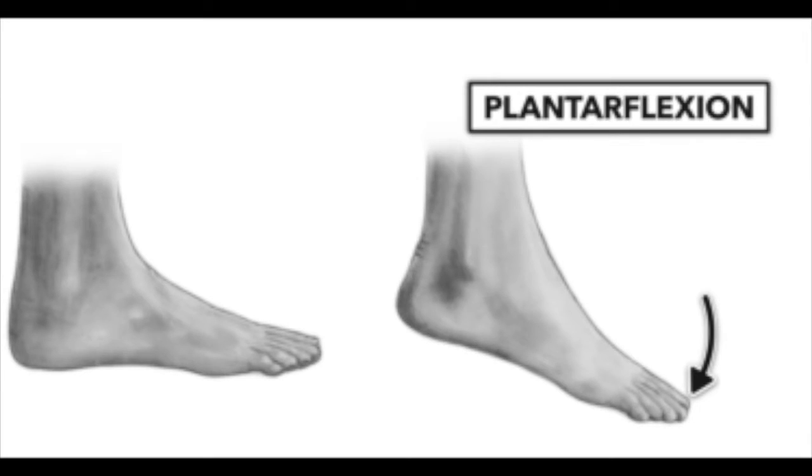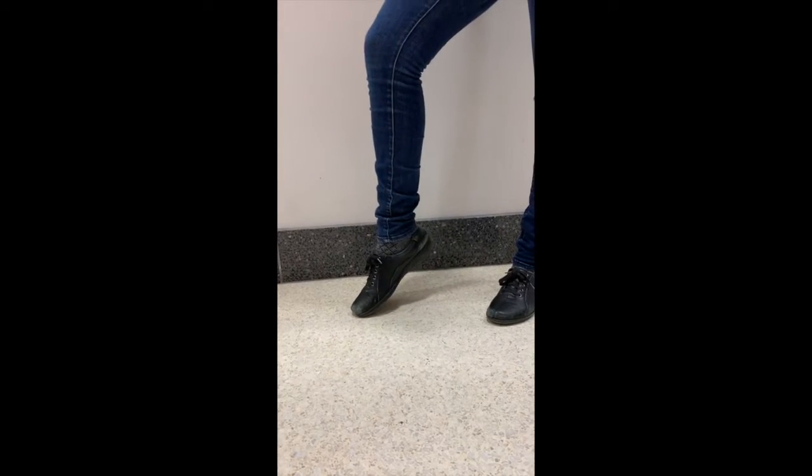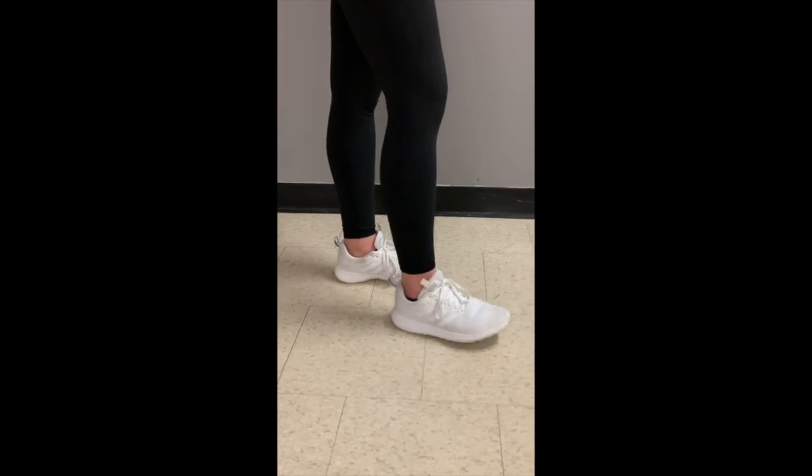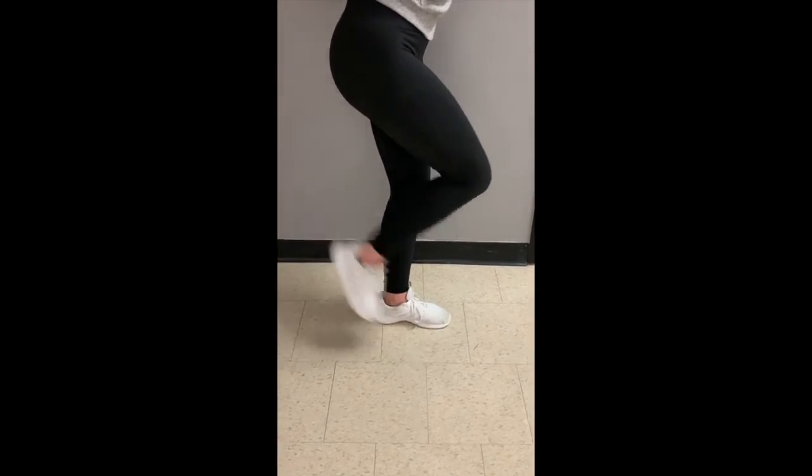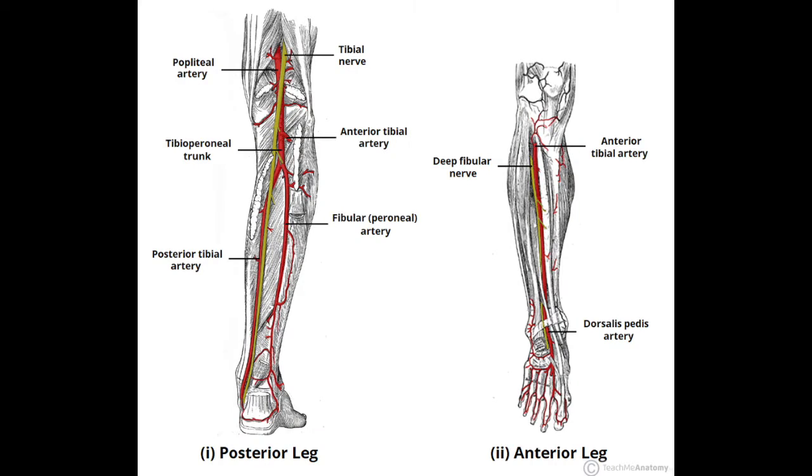The soleus is involved in plantar flexion of the ankle, no matter the position of the knee or leg. The plantaris is involved in plantar flexion, but to a smaller degree than the other 2 muscles. It may also assist in knee flexion. A fun fact about the plantaris is that it's thought to be absent in 10% of the population. This whole compartment is innervated by the tibial nerve,